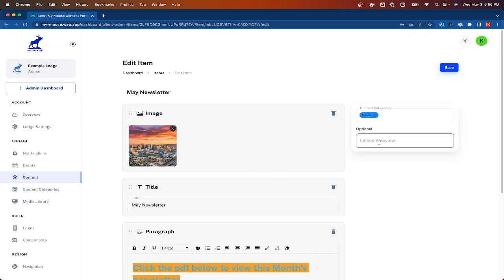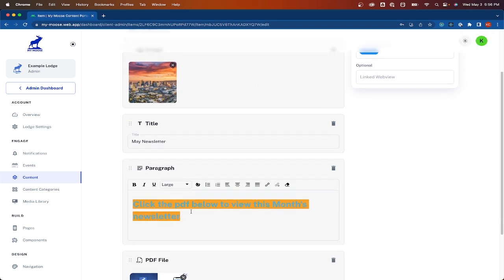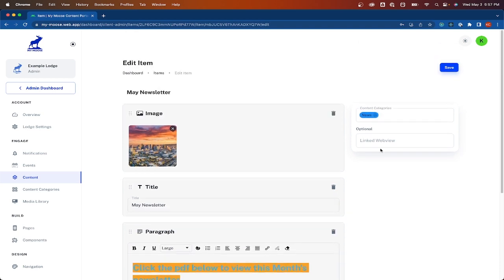Now instead, if I didn't want to go through and add a title and a paragraph and upload a newsletter, and I just wanted to link this to a website, let's say your paid dues link, or just your own personal website or social media profiles, I could put that URL in here. And then when a member clicks on it, it'll open up that link within the app. But first, before I do that, let me go ahead and show you what this piece of content looks like